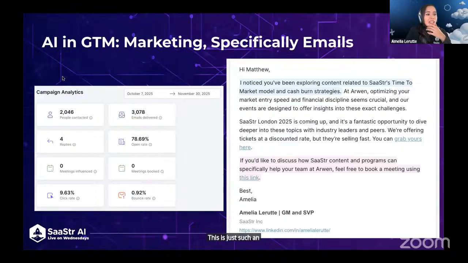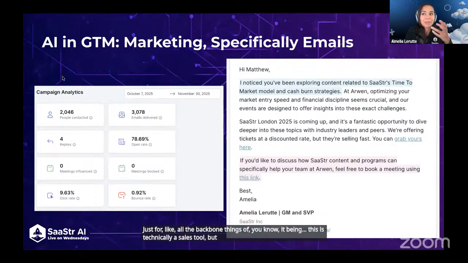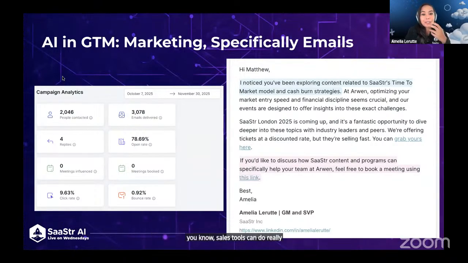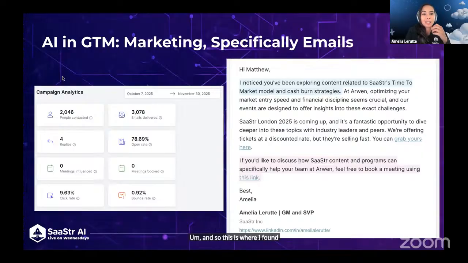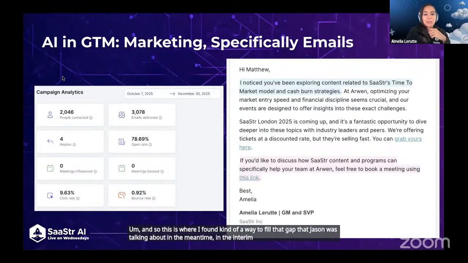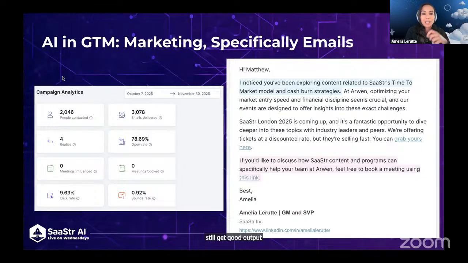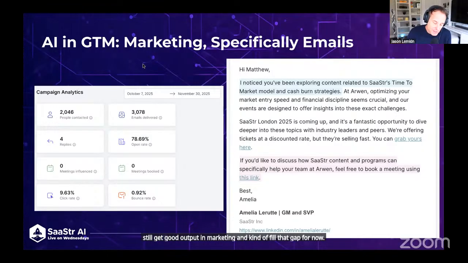But this is such an interesting thing, just for all the backbone things of it. This is technically a sales tool, but sales tools can do really good sequences. So I was like, why couldn't it do a really good drip campaign if it has all the right inputs? And so this is where I found a way to fill that gap that Jason was talking about in the interim. This is what I'm doing right now to still get good output in marketing and fill that gap for now. Yeah, it is. I want to keep getting through the content before we're out of time, but